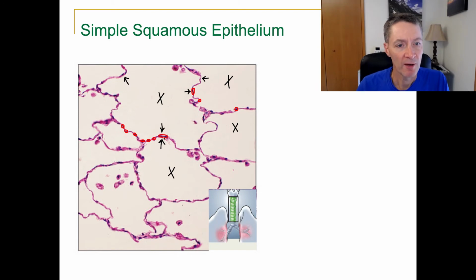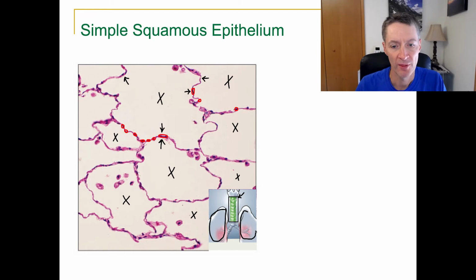So here we have lots of different simple squamous cells. Now, these pockets are actually pockets of air. So where do you think that is? These are all pockets of air in our lungs. Okay, so ignore the black box here. It's down in this area, right? Down in the actual lung tissue that you're going to find the alveoli, these pockets of air, and they are